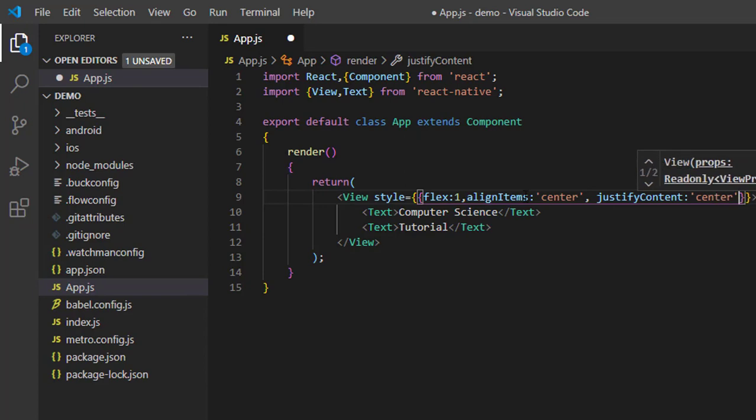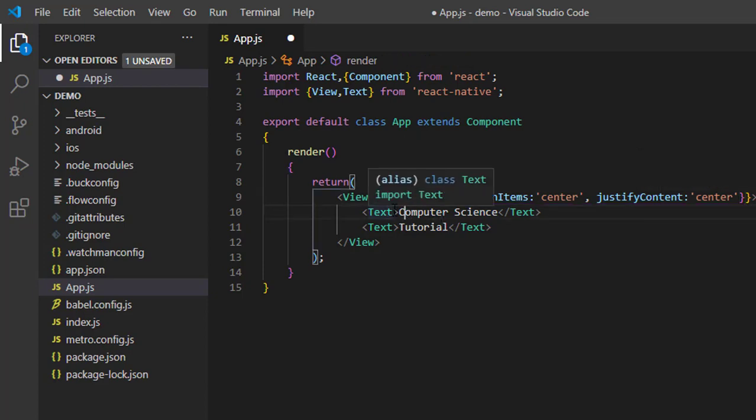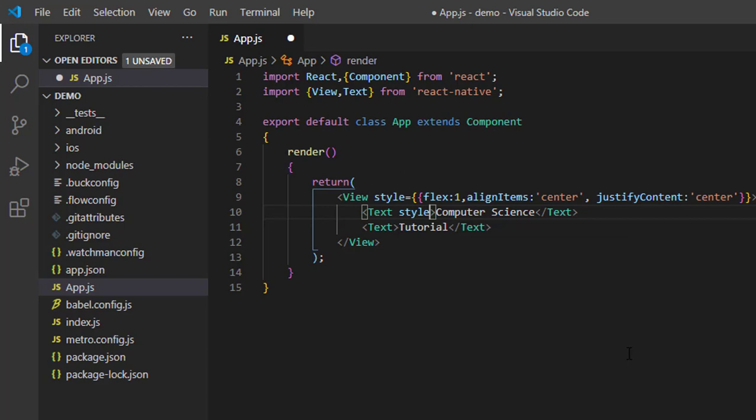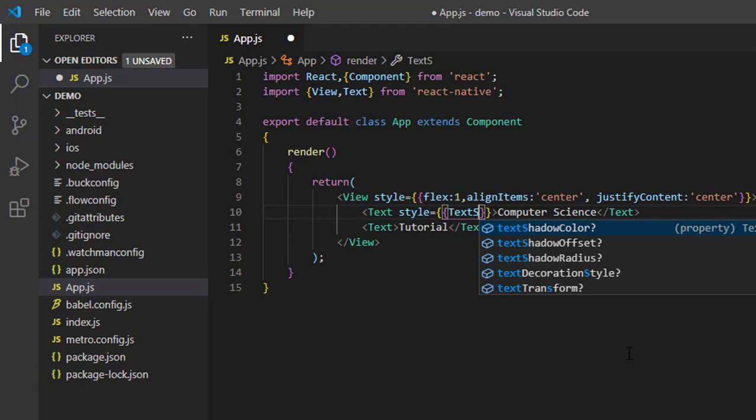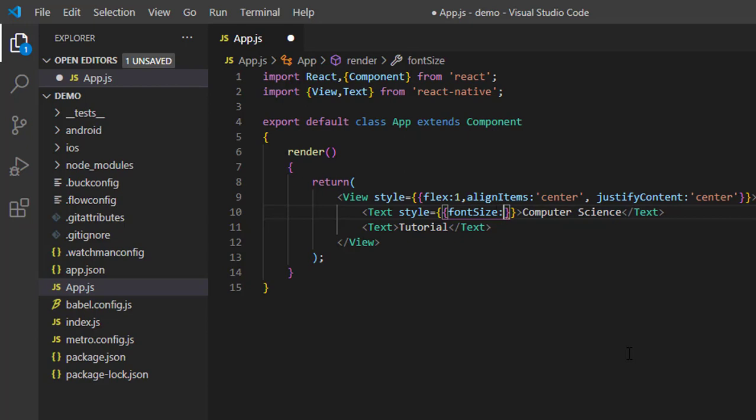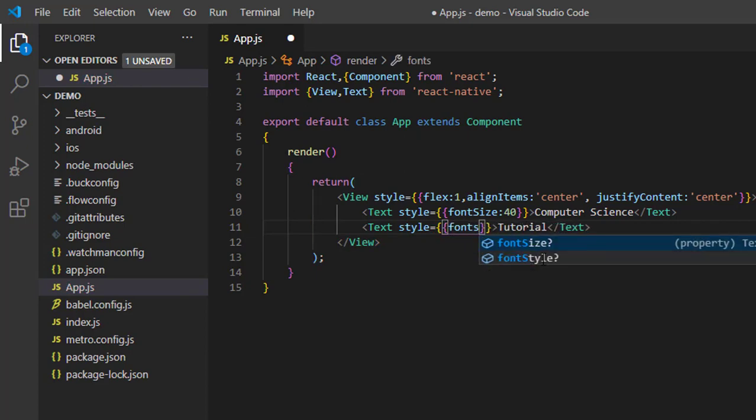After this, we have to increase the font size of the Computer Science Tutorial message. For this, we use the style attribute with the Text component, style equal to, inside the double curly brackets, we set the text size, fontSize: 40. Similarly, inside the second Text component, we set the style attribute, fontSize: 25.